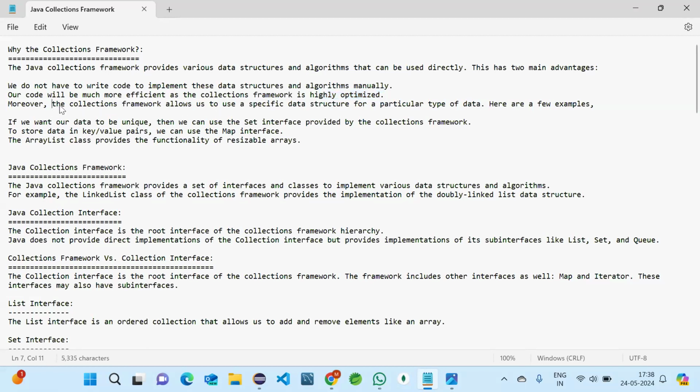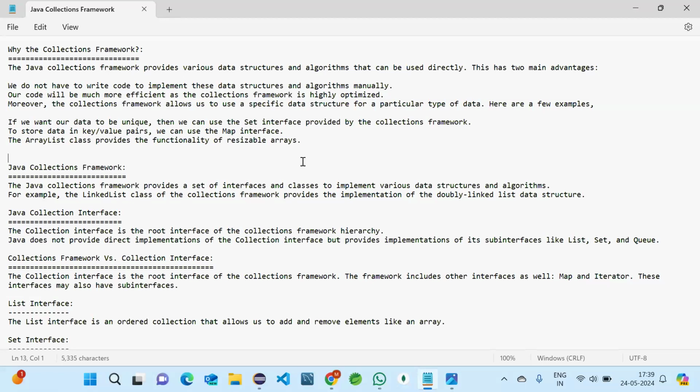One more thing: the collection framework allows us to use specific data structures for a particular data type. Yesterday we discussed arrays, and I said one of the disadvantages of arrays is size. The size should be declared at the beginning of the program or before compiling.